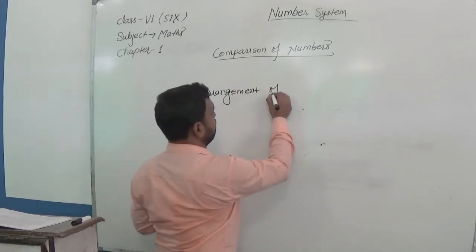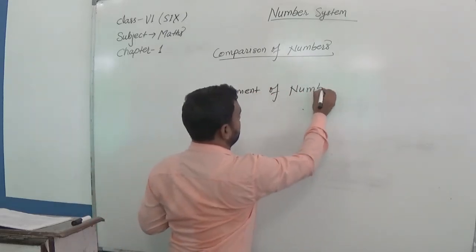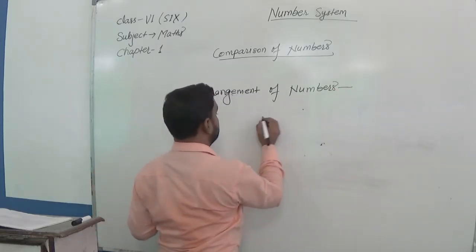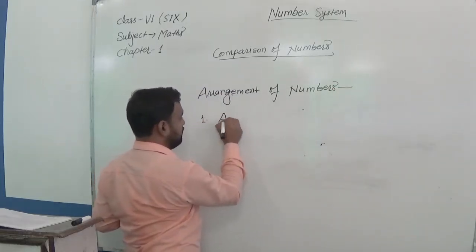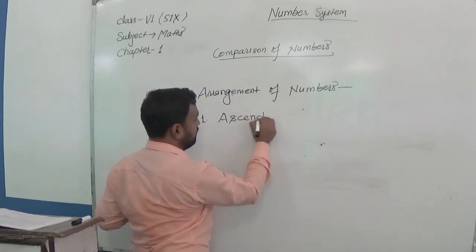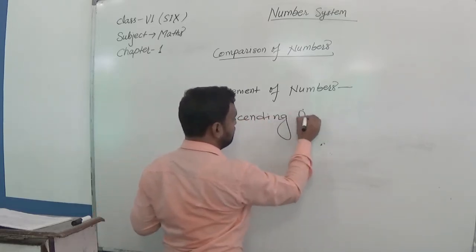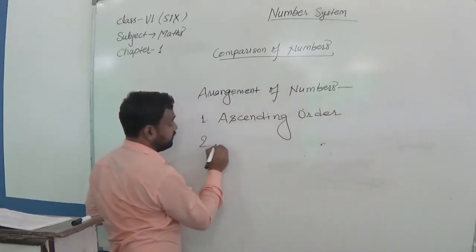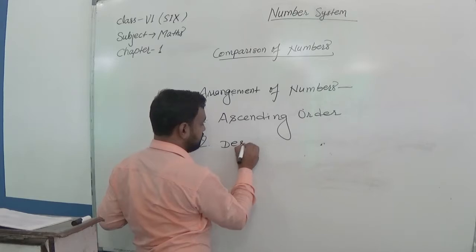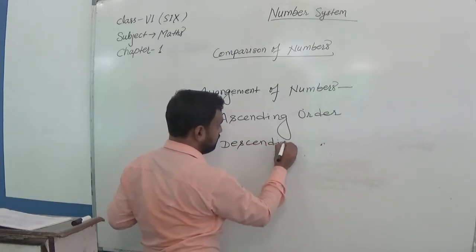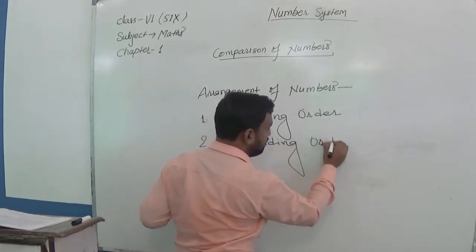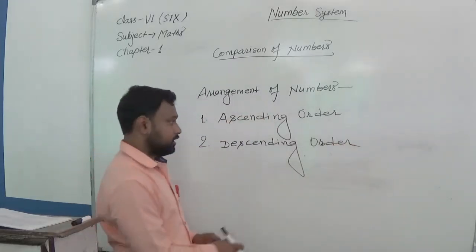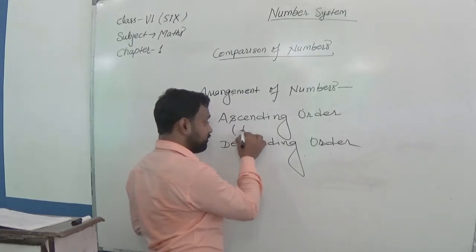Arrangement of numbers in ascending order. Number 2, descending order. Ascending order, descending order means in ascending from